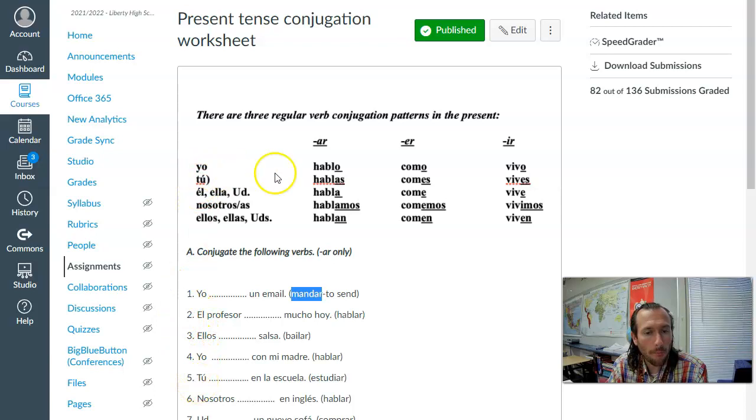Yo mando un email. El profesor habla mucho hoy. Él habla mucho hoy. Ellos bailan salsa. Yo hablo con mi madre. So you can use the endings up here as a reference, and then for part A,